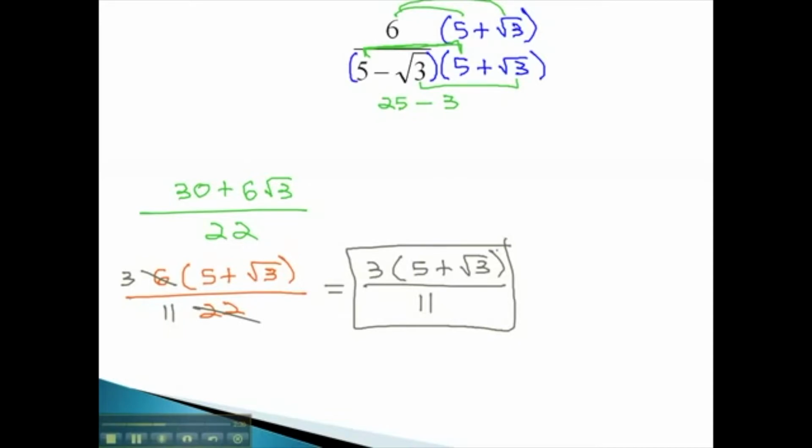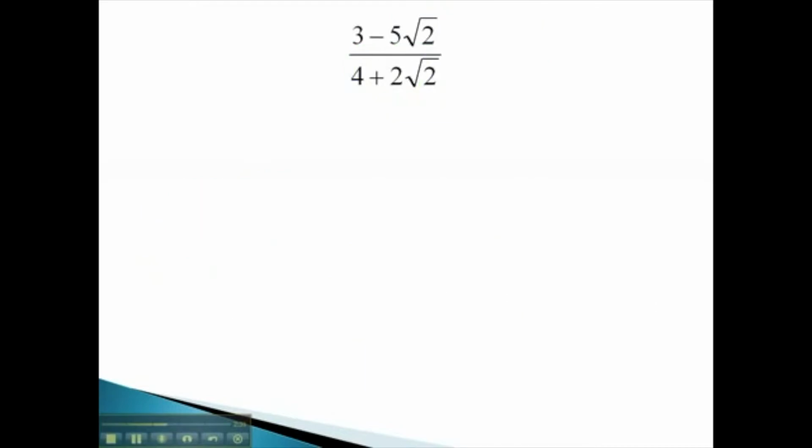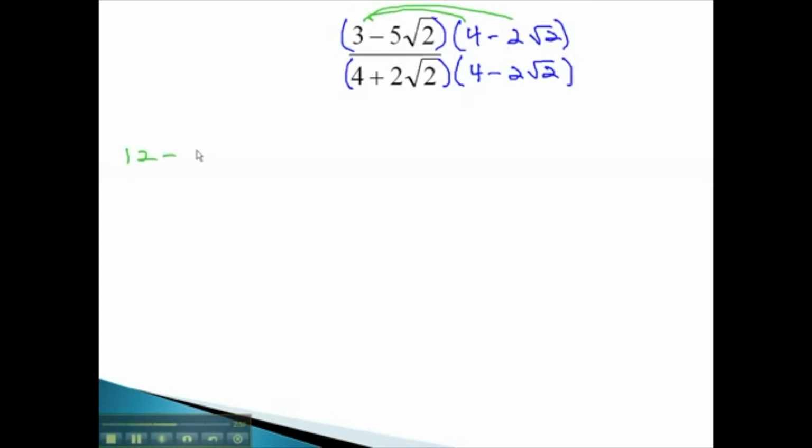Let's try another problem where we have to multiply by the conjugate in order to simplify the expression. Here we have 4 plus 2 root 2. The conjugate will be exactly the same with subtraction. 4 minus 2 root 2 in the numerator and denominator. Let's focus for a moment on the numerator. We must FOIL. 3 times 4 is 12, minus 6 root 2,